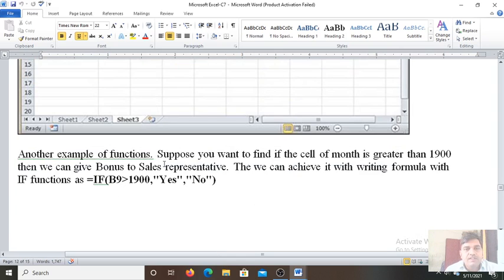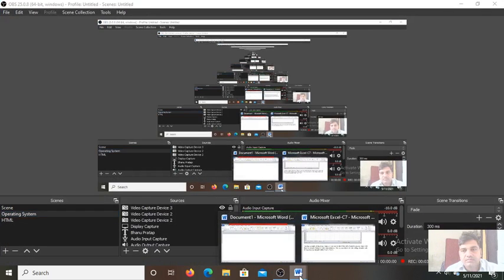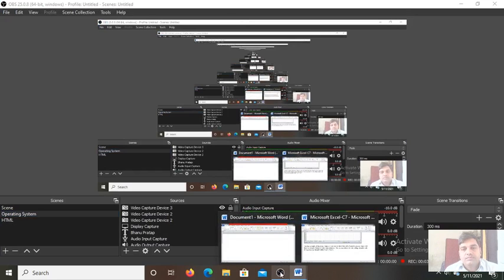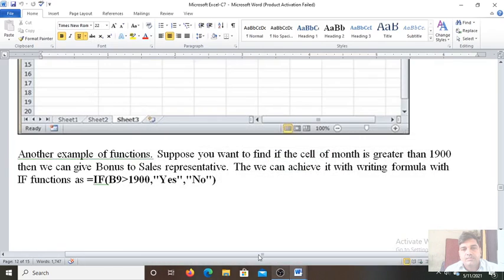Another example of a function: suppose you want to find if the sale of the month is greater than 1900, then we give a bonus to the sales representative. We can achieve it by writing a formula with the IF function.